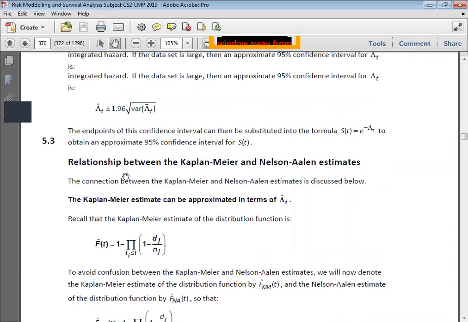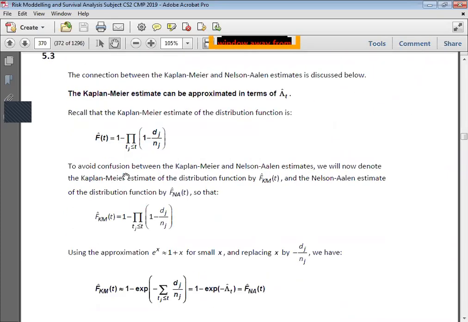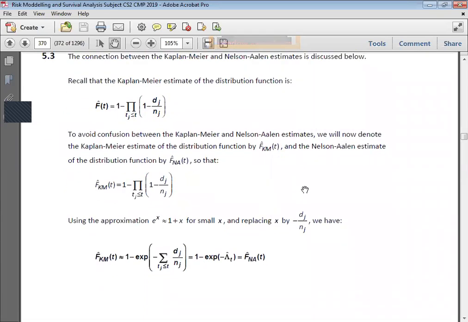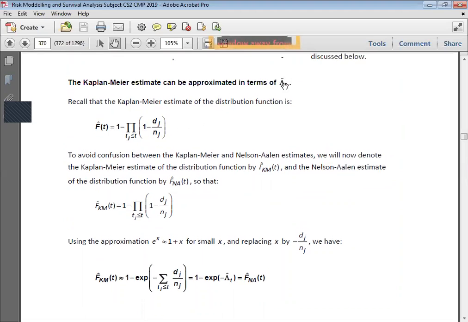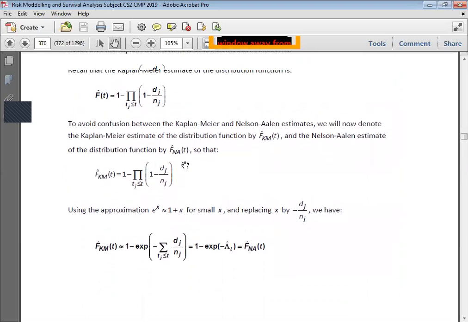They're looking at F here. So for the distribution function, wherein we take into account the events as death, we'll have this particular value for the Kaplan-Meier. Now if you want to rewrite this in terms of this capital lambda hat, so that you can build some relationship between Kaplan-Meier and Nelson-Aalen, you substitute for lambda just dj upon nj. And again, they're writing f hat of KM